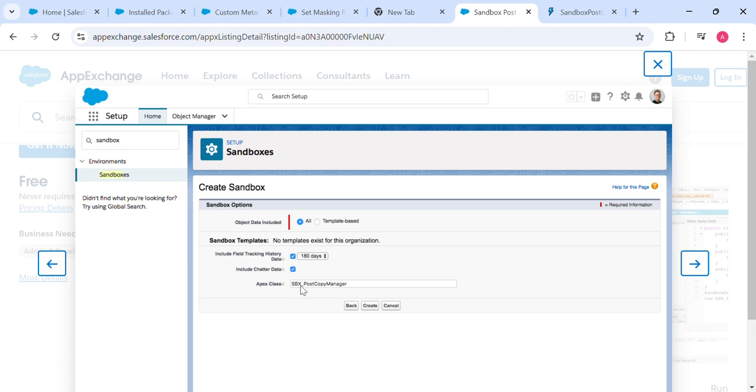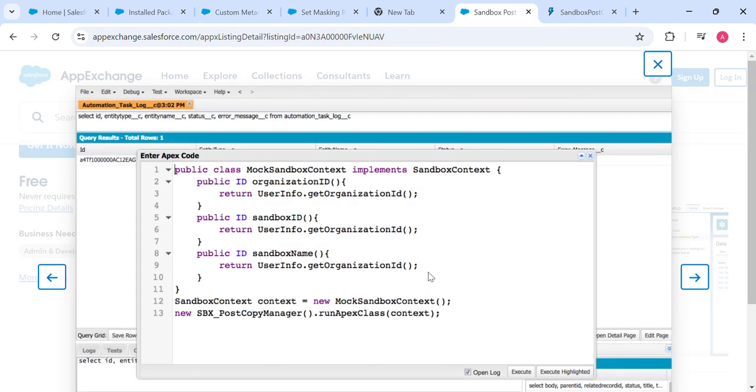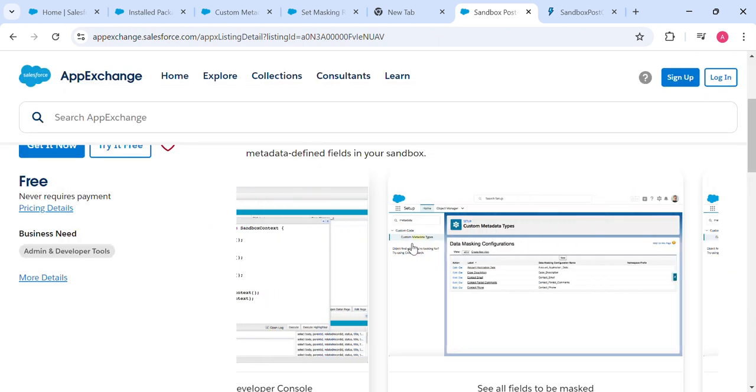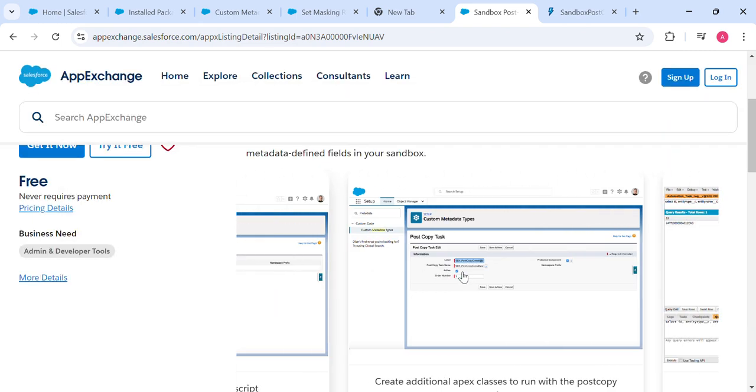And here you see they choose SPX Post Copy Manager. That is the Apex class they are going to choose when they are refreshing or creating a sandbox. And here they have code to run from the dev console,